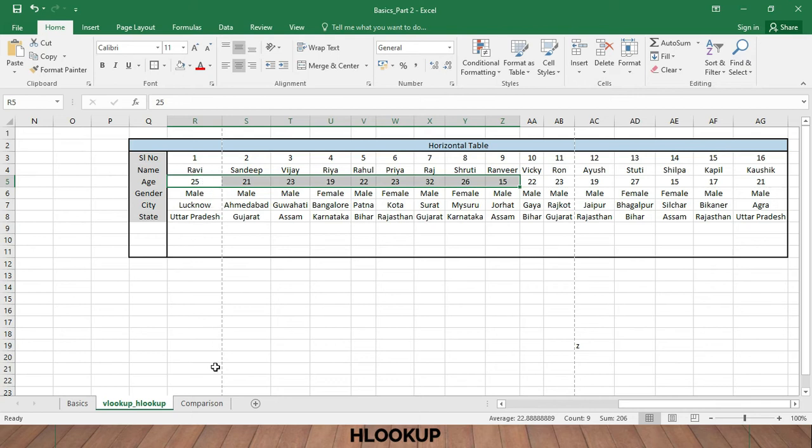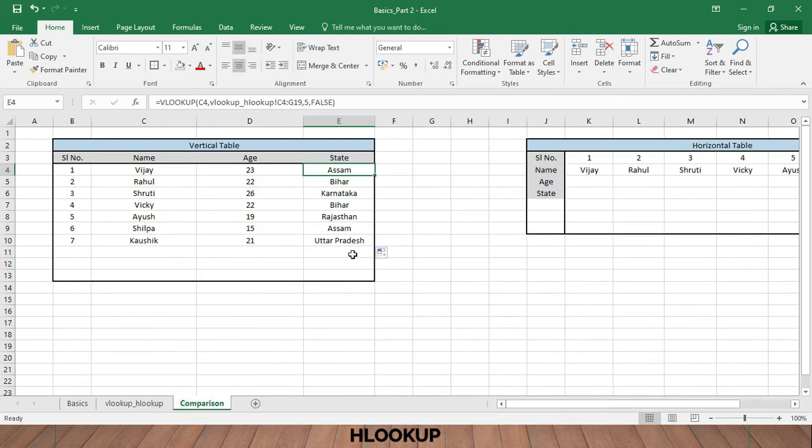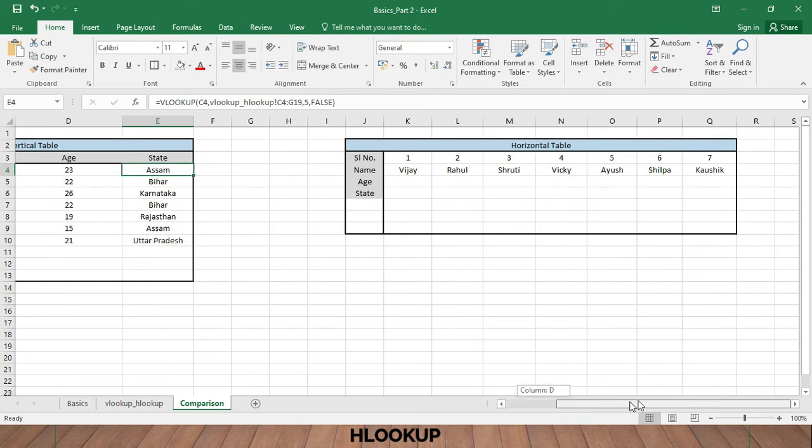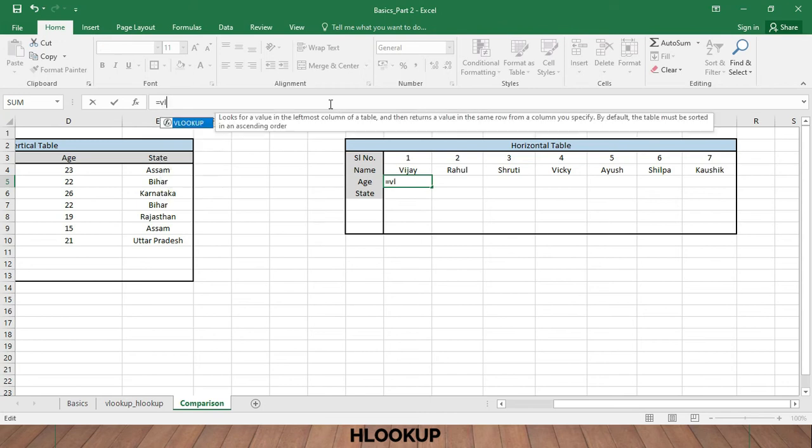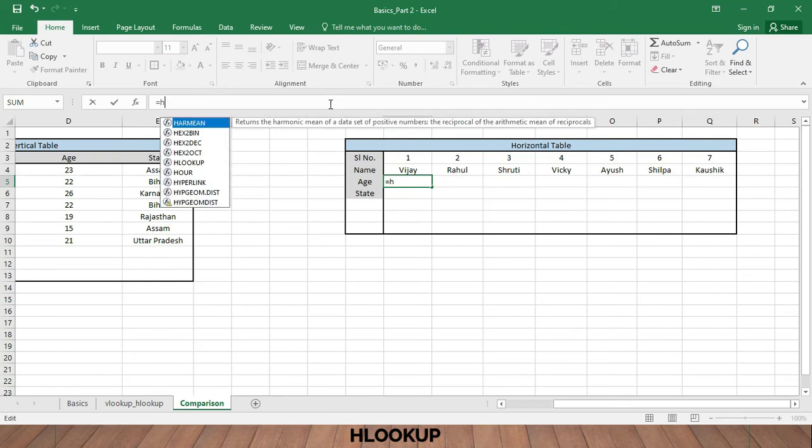So all your data is placed in a horizontal form. Now what is the formula to put all this data in a horizontal table? So we are going to try to put this data from a horizontal table to a horizontal table. Let's go ahead and apply the formula. The application of the formula will be exactly the same. The only difference is in the letter. We used to put VLOOKUP, now we are going to put HLOOKUP. H means horizontal lookup.